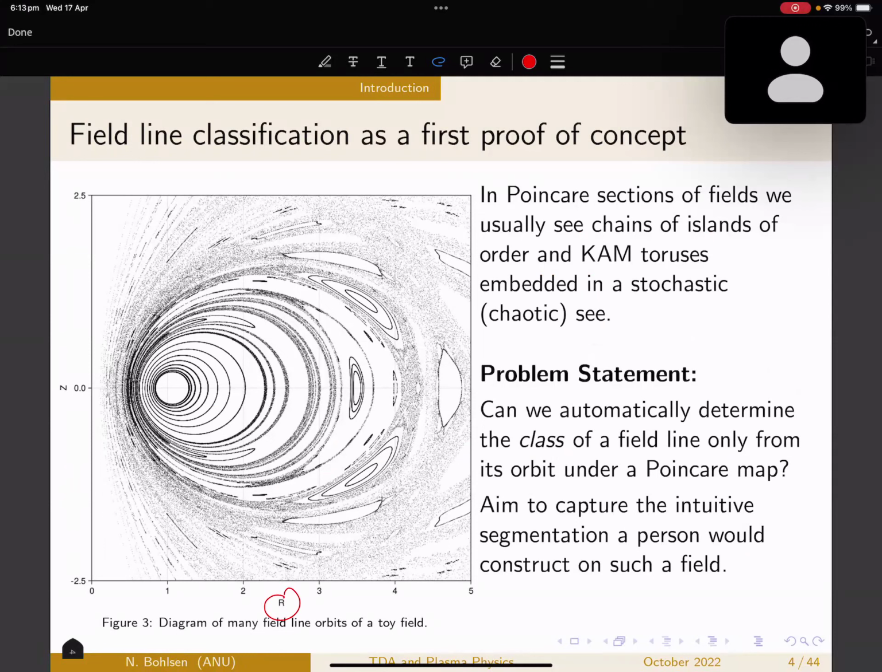So here's a 3D field, and I've plotted its Poincare section, and I'm interested in looking at a particular problem that I want to reproduce here. When a person looks at this field, the very first thing that goes on in their head is they effectively do a segmentation of this space. So you look at this field and you go, oh, I can read off where each of the different regions